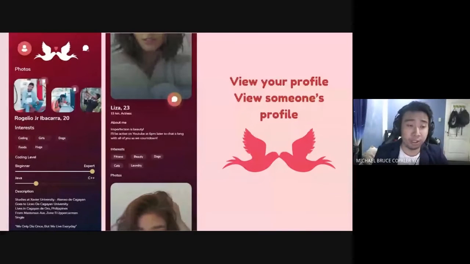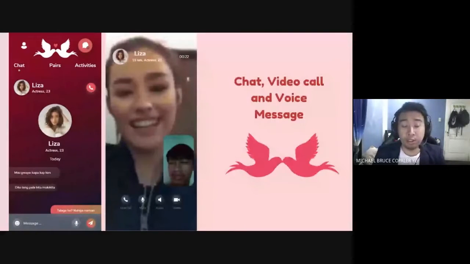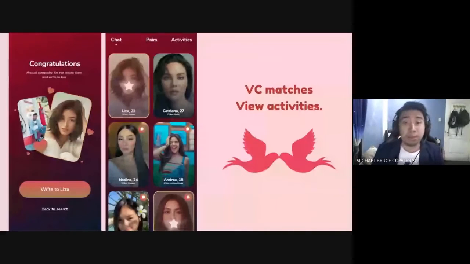You can see their skills, their hobbies, and etc. And as you can see, we integrated voice calls if you are matched to a person. And here you can edit your profile, and you can also see the timelines of the other people using the app.